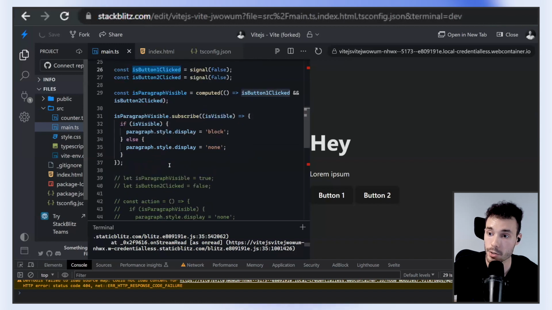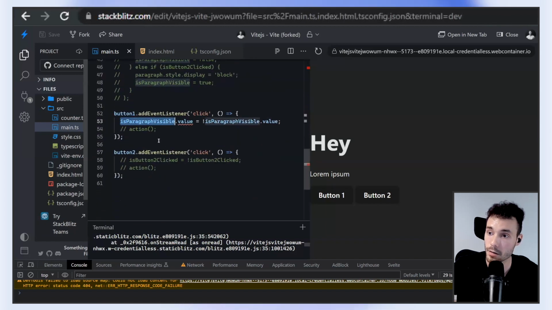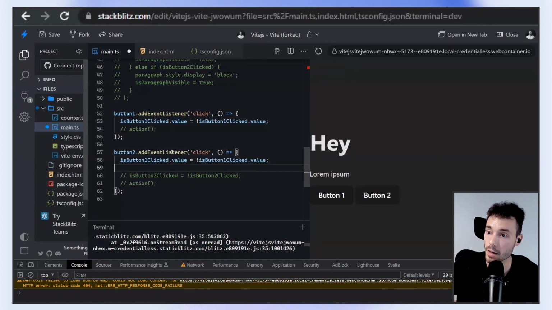And now all we have to do is just say this and this. So when we click on button 1, we say that it was clicked. And when we click on button 2, we say that it was also clicked. And now,